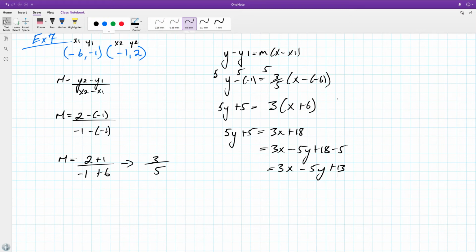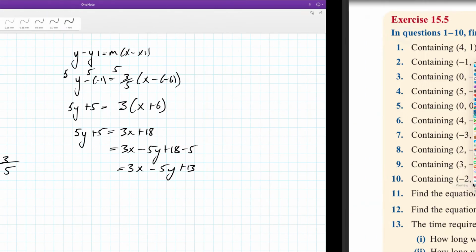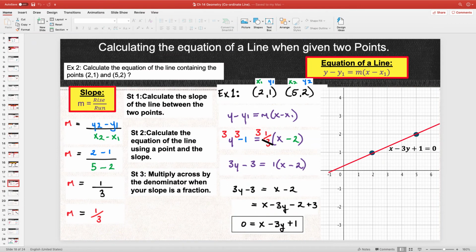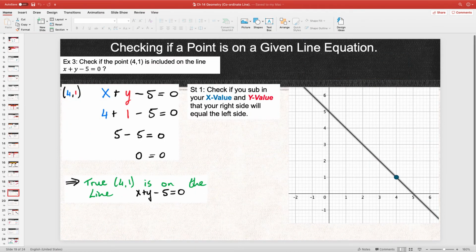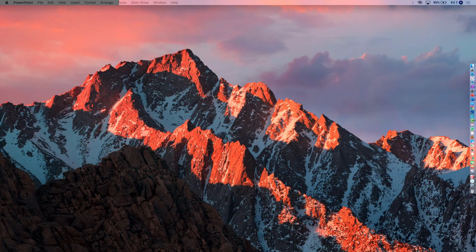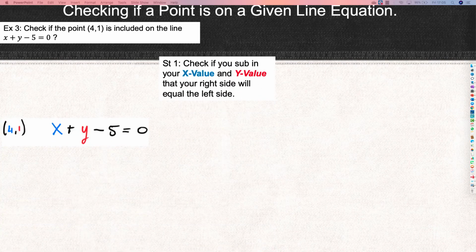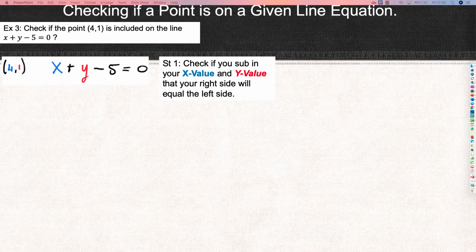Right, so, jumping on again. The next thing to do with equation of the line is the following. Check if the point 4, 1 is included on the line x plus y minus 5 is equal to 0. So, we are asked, x plus y minus 5 equals 0, is the point 4, 1 on it? And this is very, very simple. All you have to do